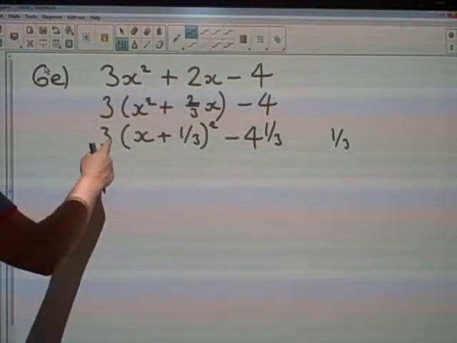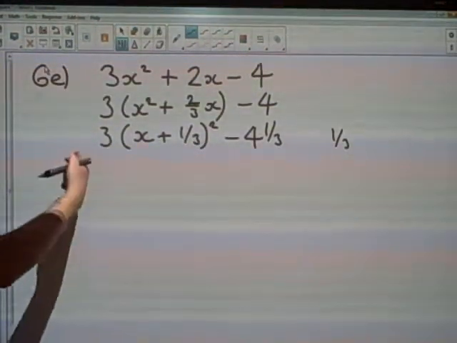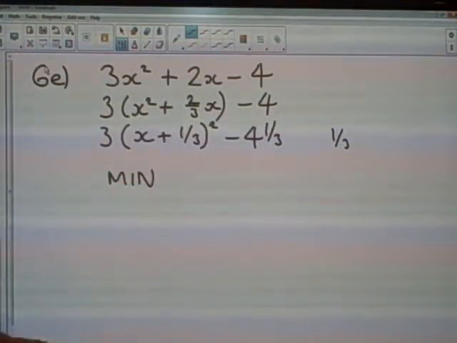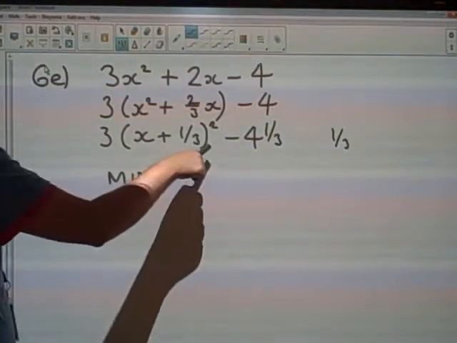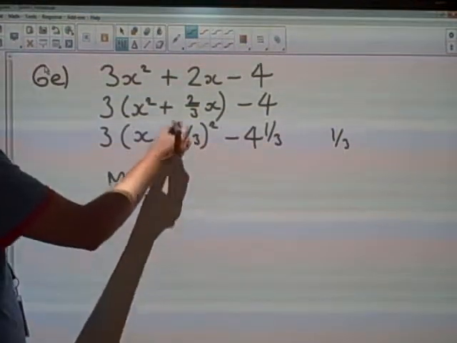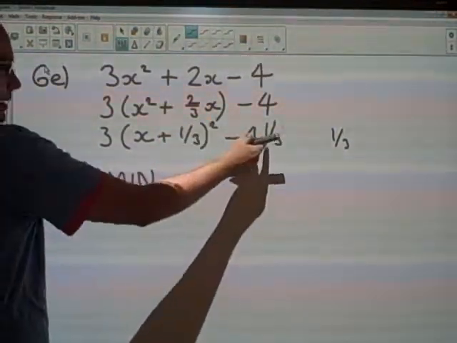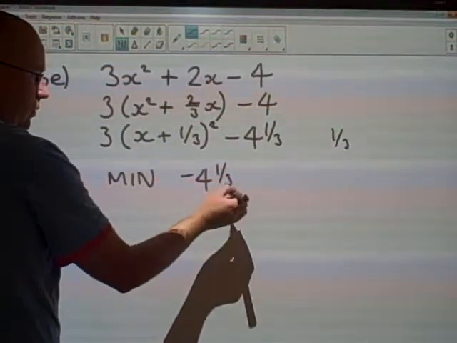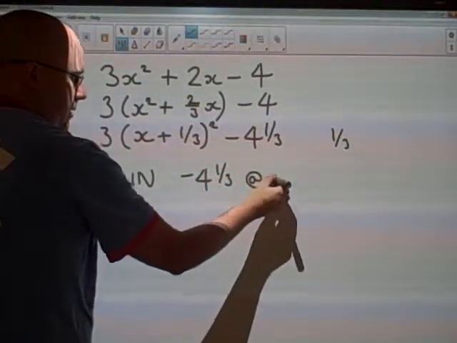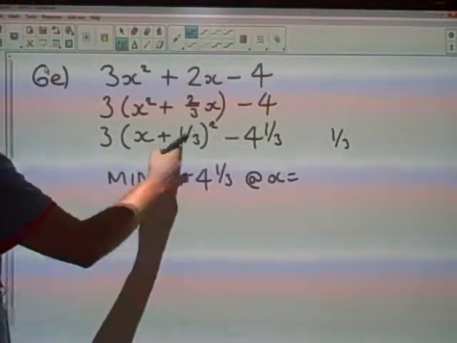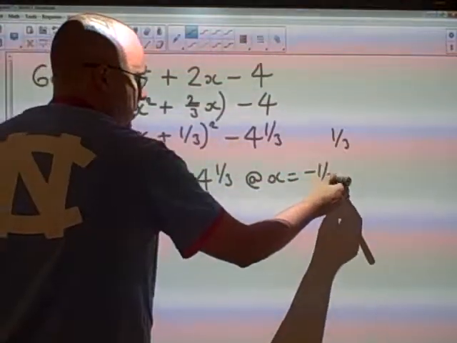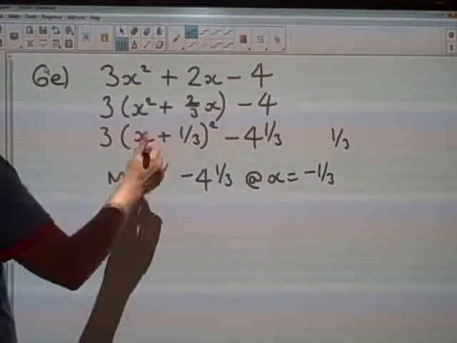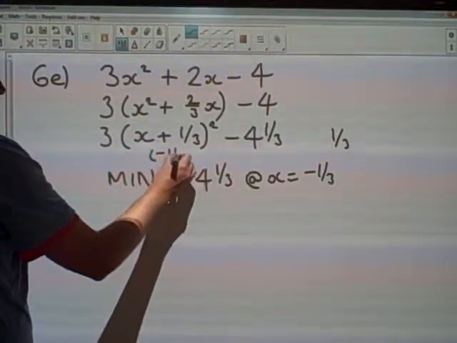Now as this is a positive x squared, then I know this is a u shape, so we're referring to a minimum for this question because it comes down to a lowest value, and the lowest value from this, looking at these two values here, the least value is negative 4 and 1/3, and that occurs when x equals, do the opposite of this, negative 1/3. Sometimes actually after you complete the square, it's easier just to write down what the vertex is straight away,